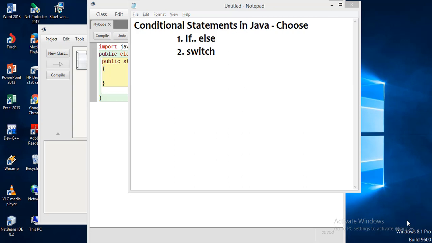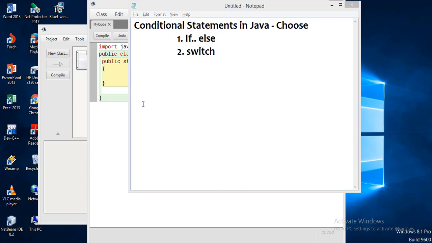We also have one more type of conditional statement, that is the switch statement. A switch statement is generally used when you want to choose between more than 3 alternatives. Then you write a switch statement. Example, I want to make a telecalling application where, if you might have heard, it always goes like press 1 for English, press 2 for Hindi.